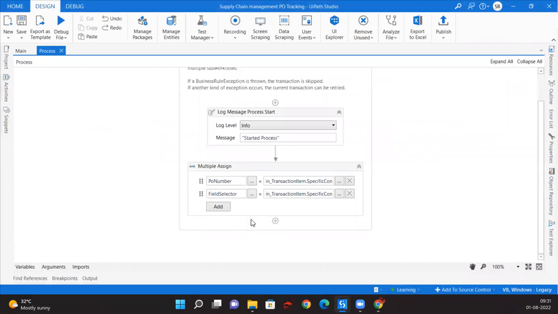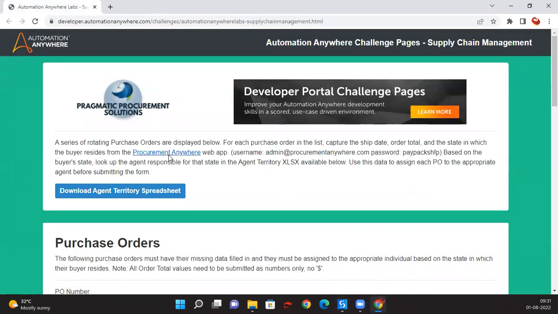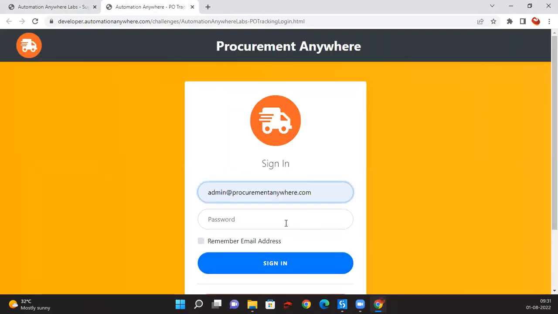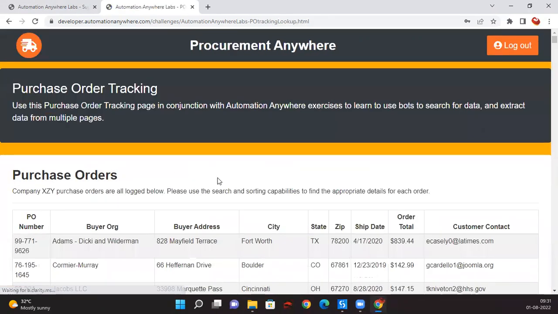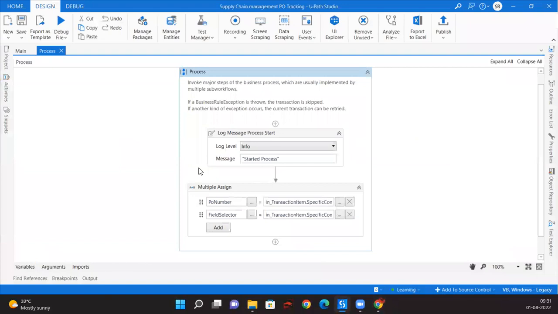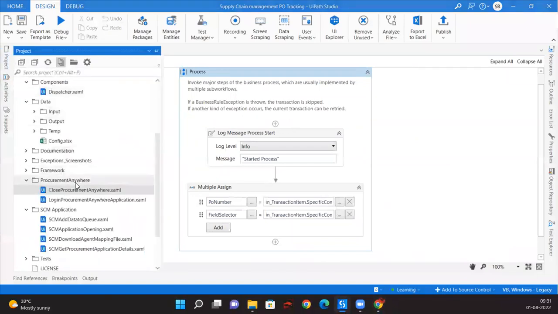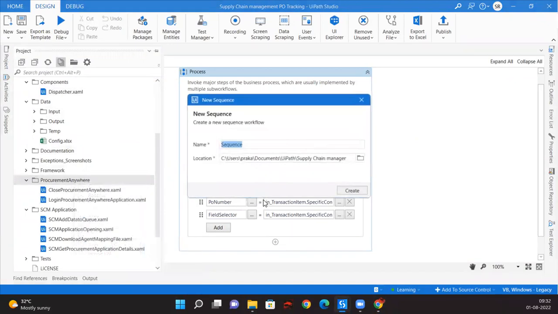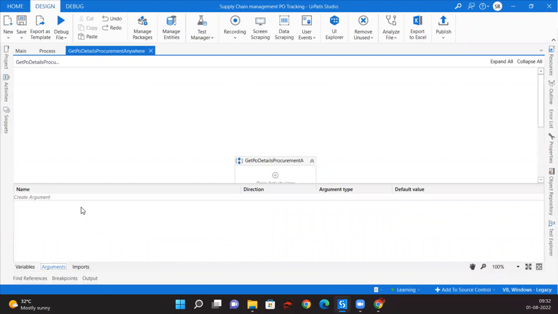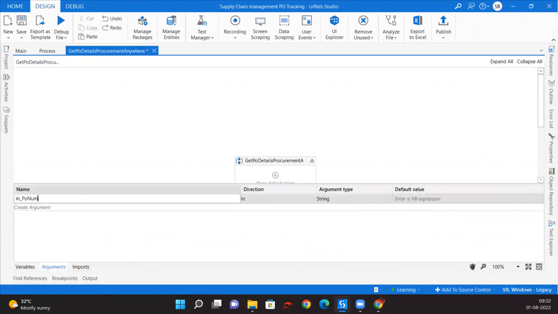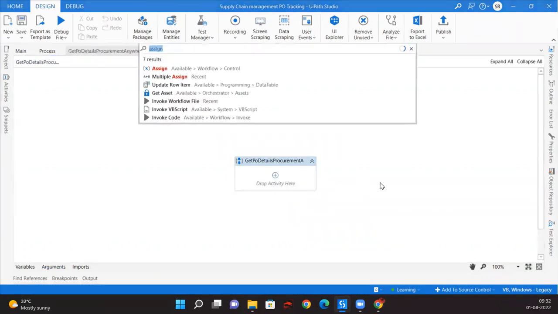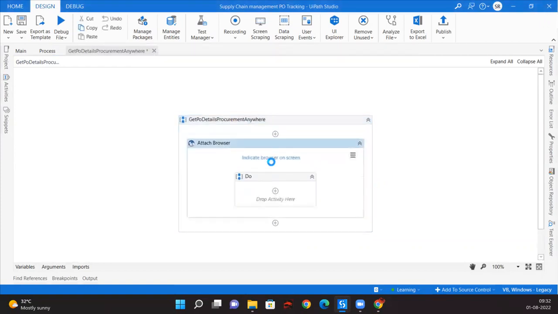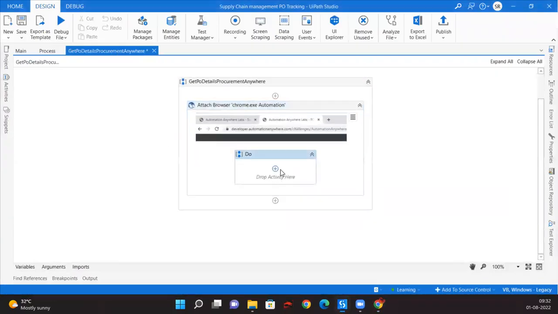So we need to get into the process. Now we need to utilize these two, and we need to update the things back. So let me do one thing. Let us take the password. So under this, we'll create a sequence, Get PO Details, procurement anywhere. So for this, we need in_PO_number and use attach browser, and we'll be attaching this browser and we'll be typing in